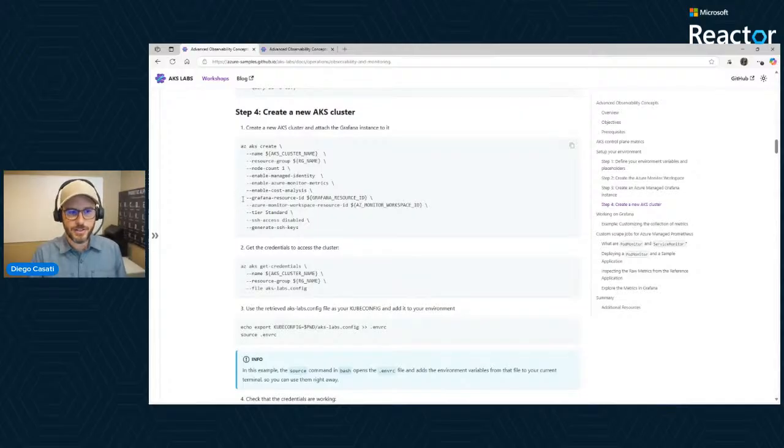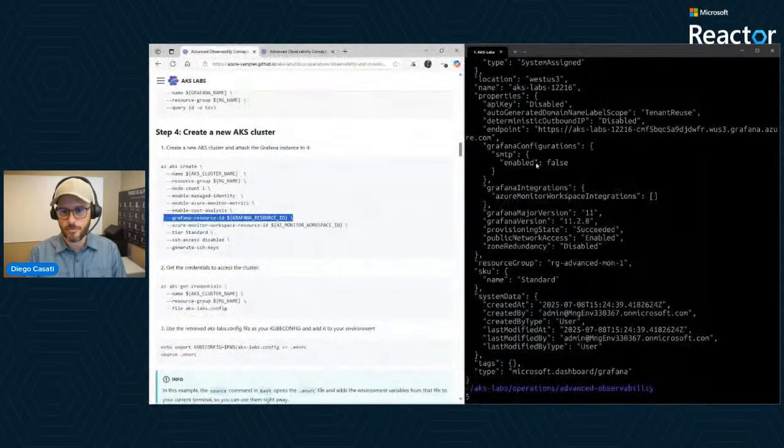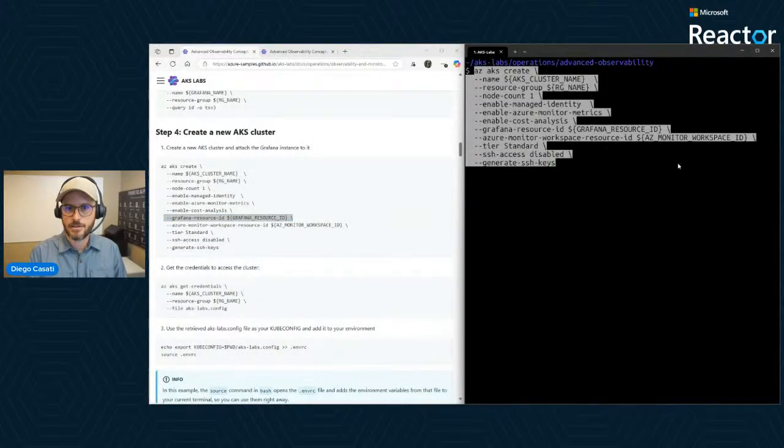Then the two things that are quite important for us: one, we need to pass the managed Grafana resource ID that we just created. That needs to be a part of this creation. The second thing is the Azure Monitor Workspace resource ID, which we created. We need to pass that as we spin up this new cluster. So with that, let's drop that in here.